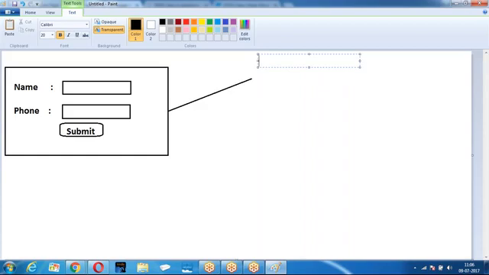Now, did I make the name a required field? Did I make the phone a required field? No. You may or may not enter the data. Without entering the name, if you click on submit, obviously what happens? Insertion of the account will fail, because in the account object, name is a required field. When I try to insert an account without a name, the record will fail.